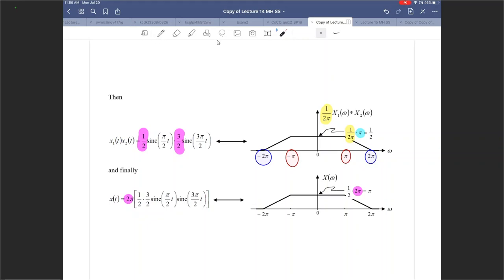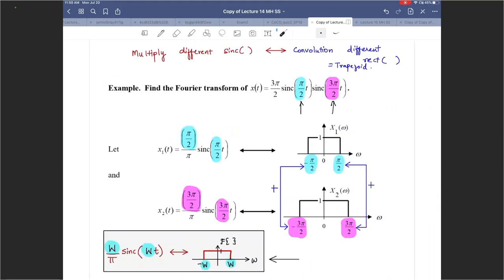All right, so let me take a look at the chat box for: couldn't we use linearity and multiply by 2? Couldn't we use linearity and multiply by 2? Well, for x1 multiplied by x2,